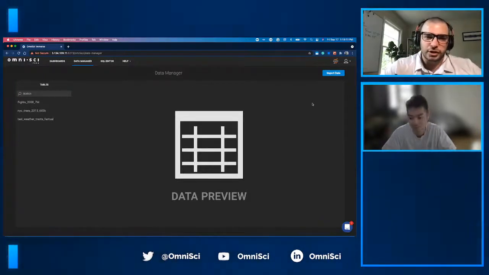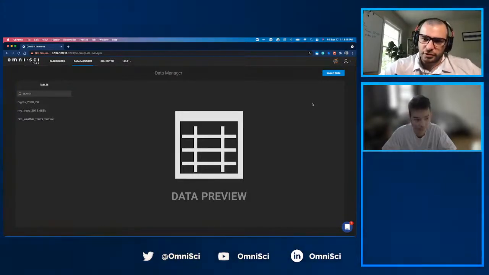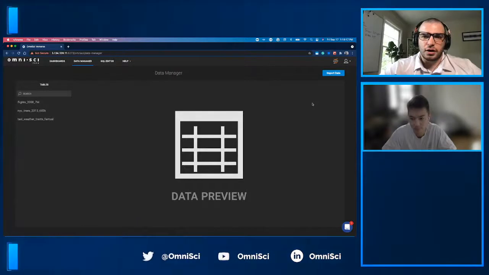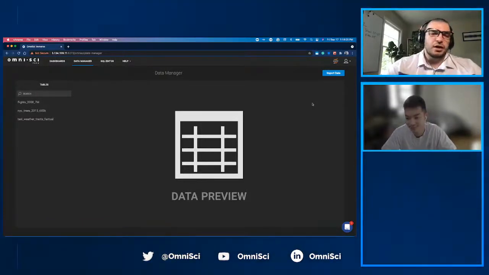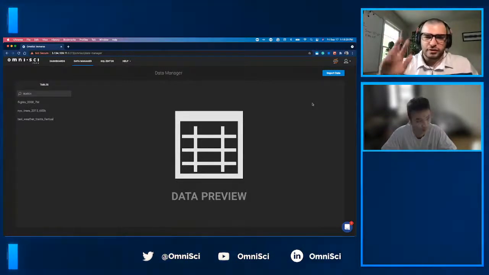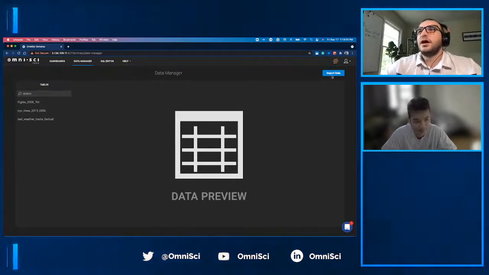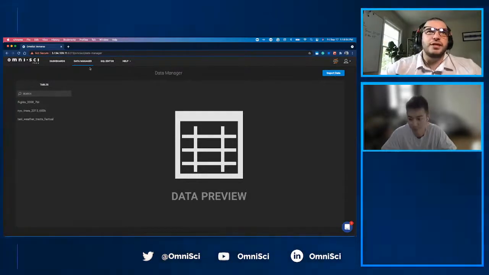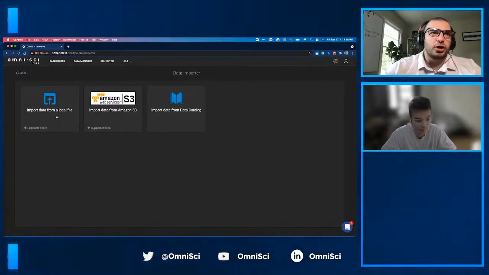If you've got much larger data, you're probably going to want to use one of the other utilities. If it's in CSV format, then you're definitely going to want to use something like COPY FROM, or if you have some Parquet files, you may want to use another methodology. But for today, this is Foundation Friday number 1, so we're going to keep it simple. So here in the data manager, we can import some data, and then we're going to go to import data